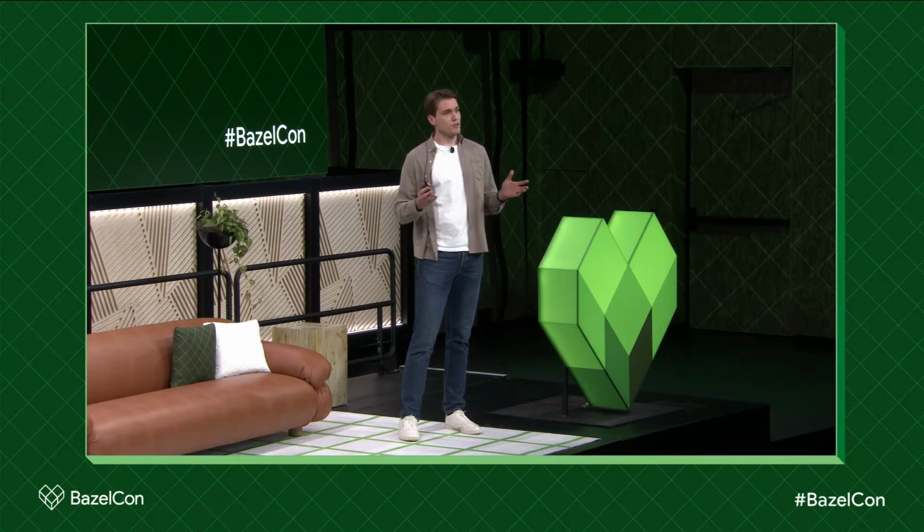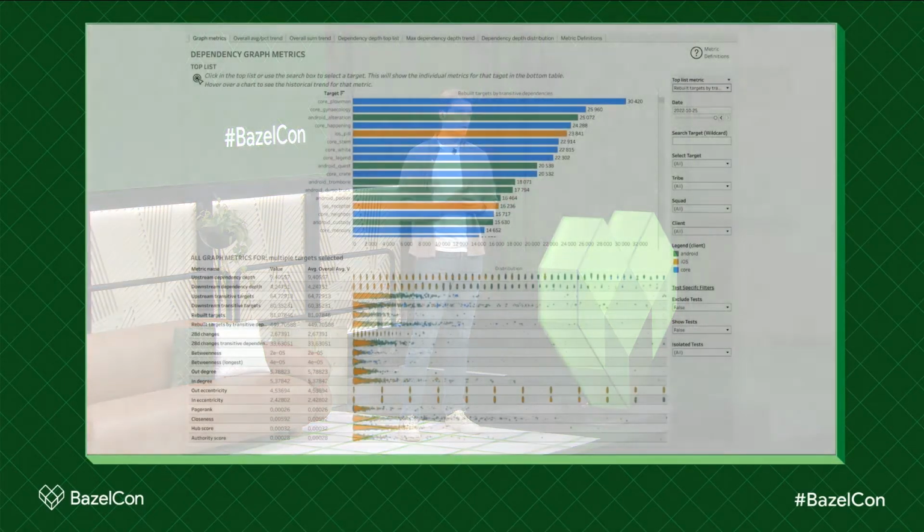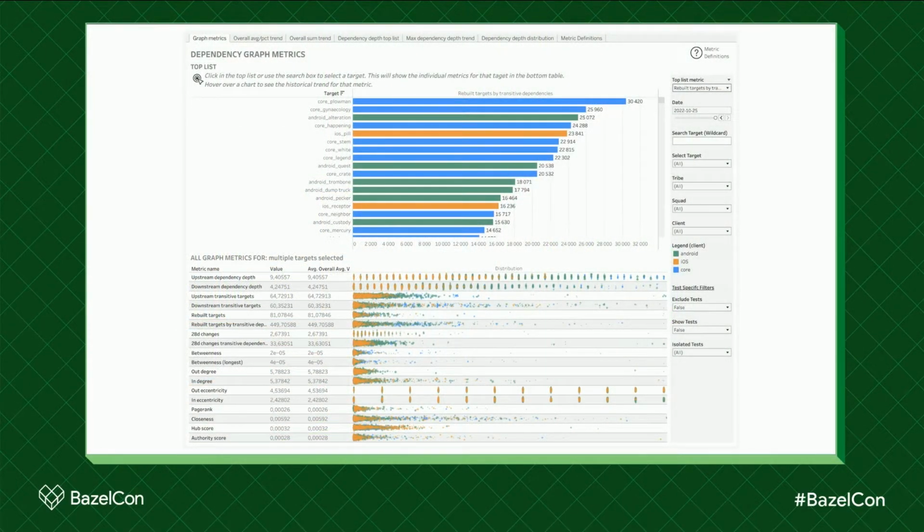So this is the main overview of the dashboard that we've been building. And as you can see, it contains a bunch of different views and different information. And we built it this detailed on purpose because we want to enable developers to really do a deep dive and learn about the dependency graph so they can identify issues and find bottlenecks, and that has an opportunity to be refactored and improved. So I'd like to go through some of the things you can do with it and some things we've used it for.